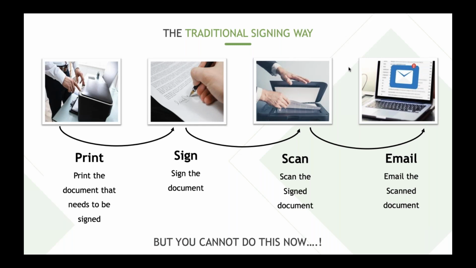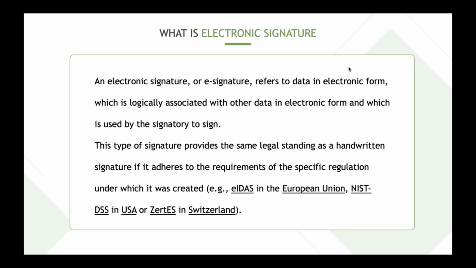So if we're not doing this, then what is the option left with us to sign the documents? Electronic signature is one very basic and very secure option. We can overcome this problem with it. So what is an electronic signature? In simple terms, it is just signing documents online, using your system like a laptop or mobile. You're just signing documents online using a digital method. You're not signing on paper.